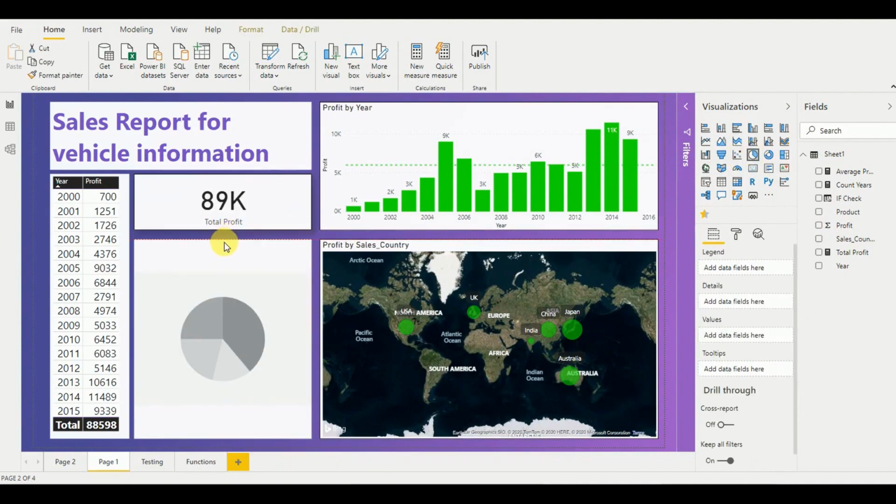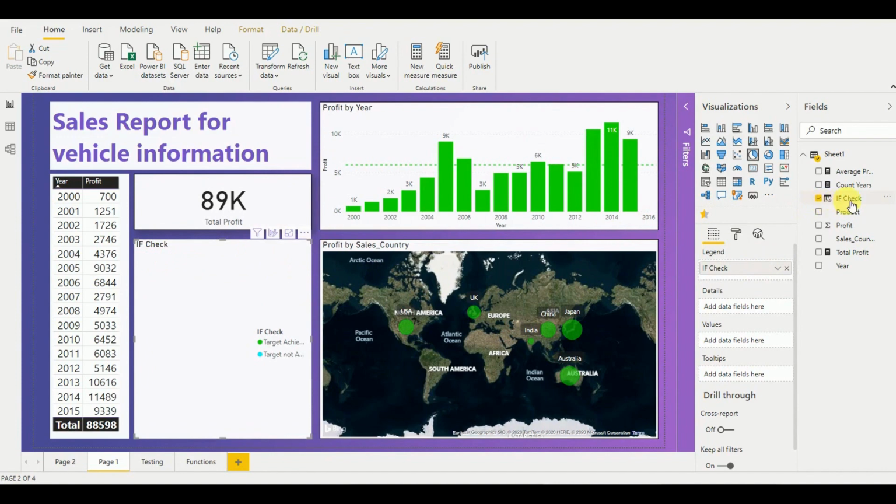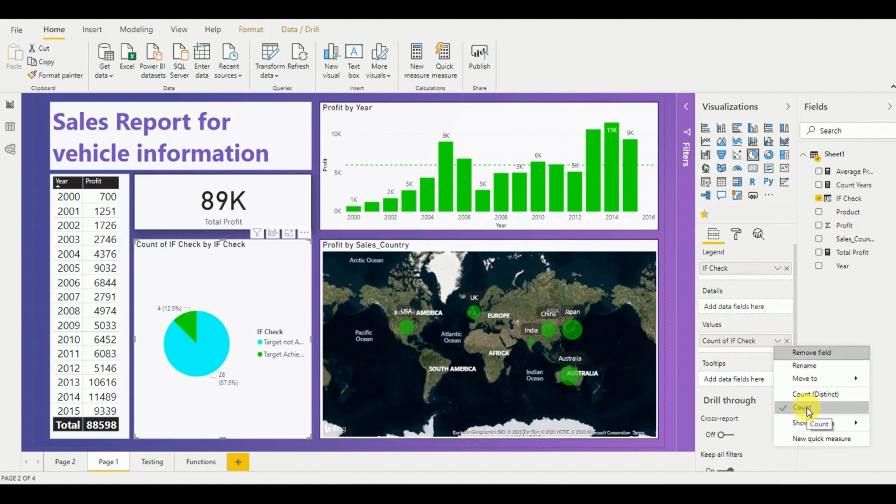In the pie chart, I'm going to add the if check as the legend, and for fields I add the count of it. It already automatically picked the count value. Now, as you can see, we have a better visualization. Target achieved is 12.45%, and target not achieved is 87.8%. If you have kind of boolean values, it is easy to use a visualization like a pie chart, so it gives a better look.